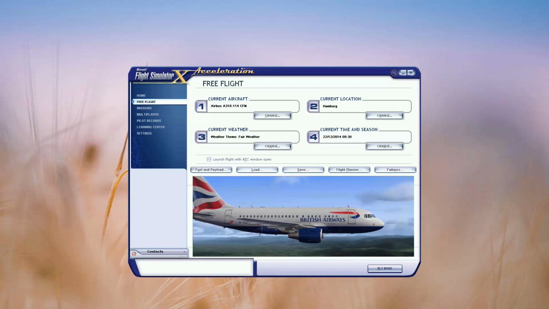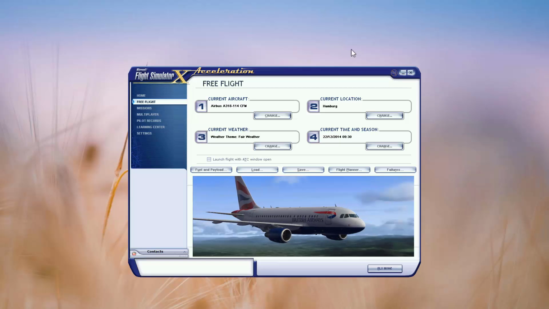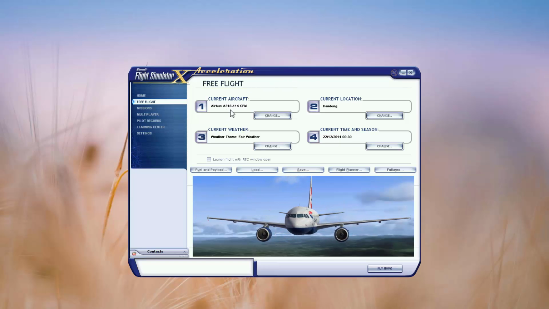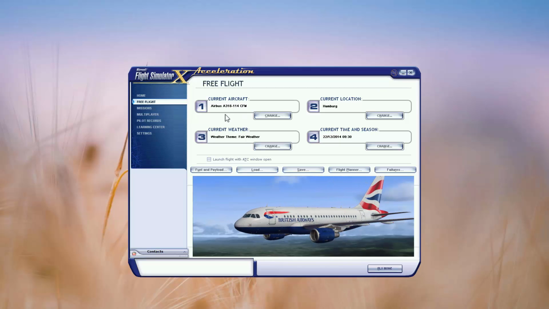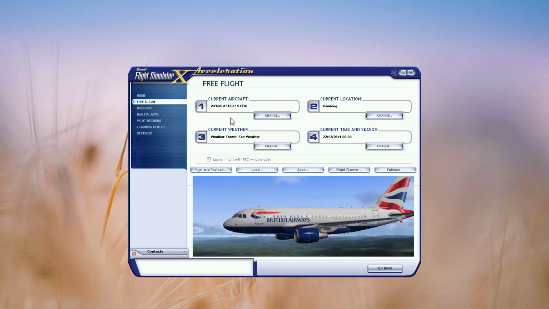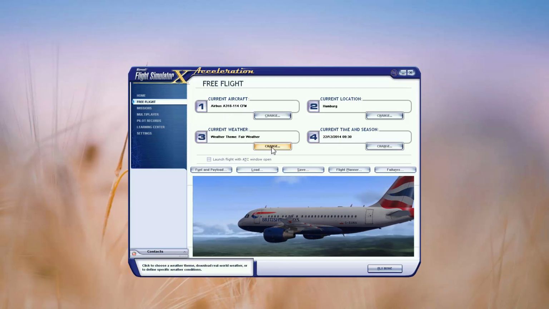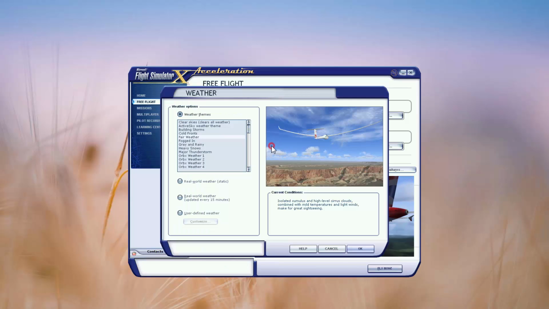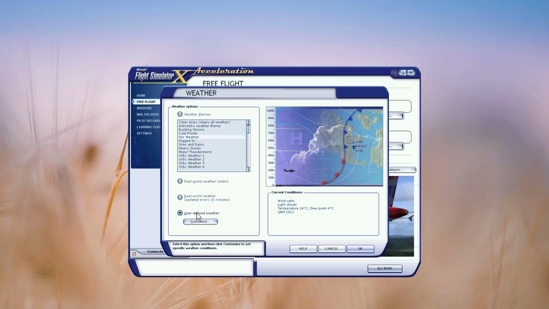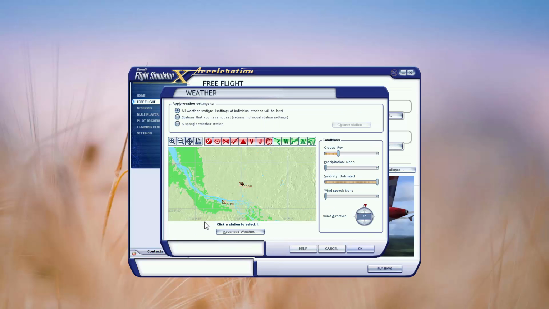So as you can see, I've started up Flight Sim X and I've selected the Airbus A318. I've got this one in BA livery. Not that that makes much difference, of course, but it is important for what we're going to do that you select the A318. For the current weather, we're going to change this and use user-defined weather, and we'll click Customize,